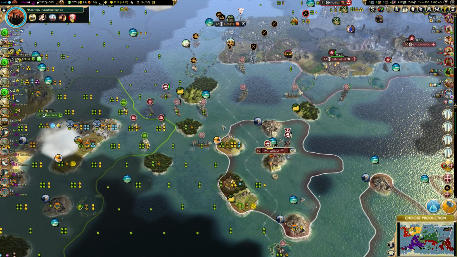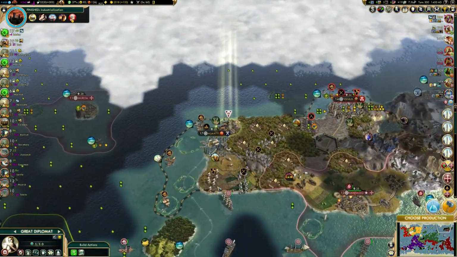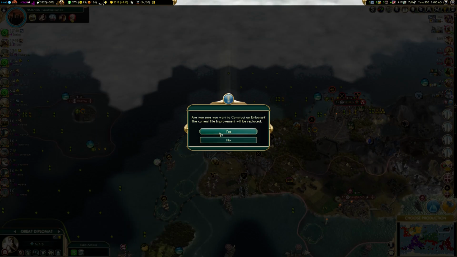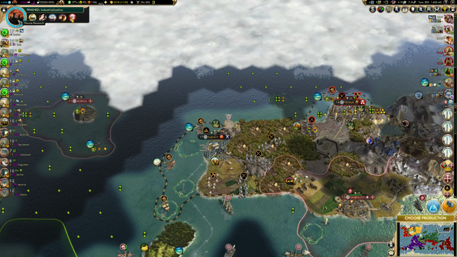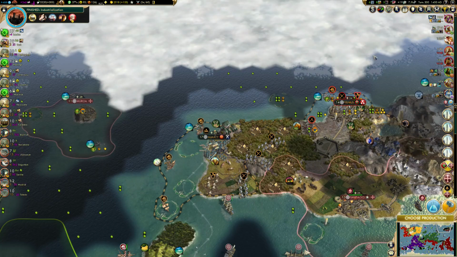And got a cargo ship up here, so since we're at peace with Spain now, we can start trying to ally some of these city-states up here using trade routes. And get the embassy out as well. So this was a pretty huge turn, to be honest. And yeah, the next tech,